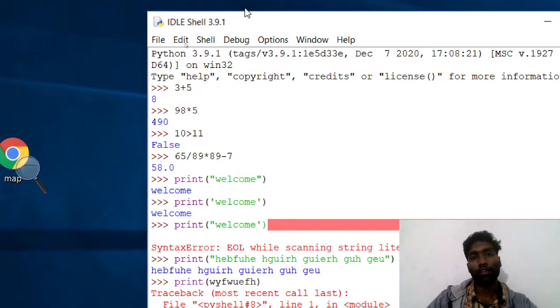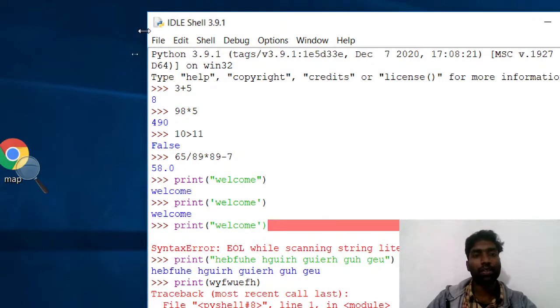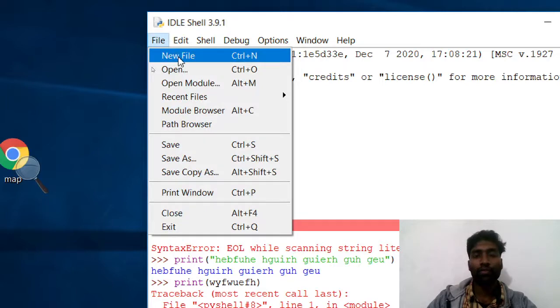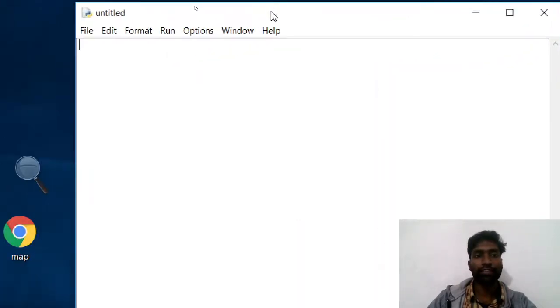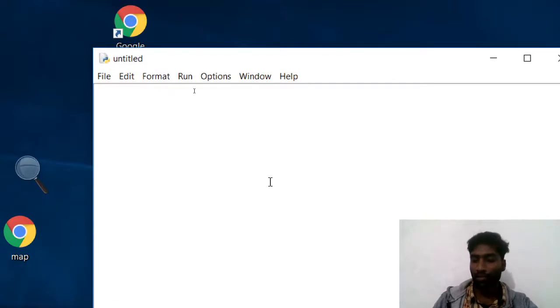At last, all together we will get output. How will we do this script mode? First we have to go to the file menu, file, new file. Now this is a new file. Now see, 10 plus 5, 23 into 9.